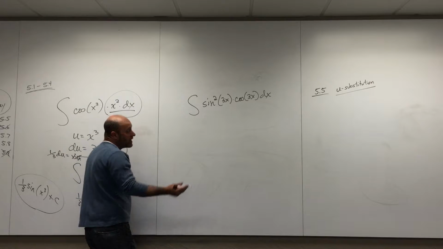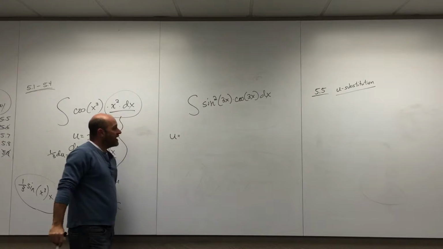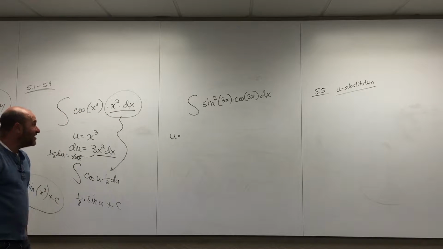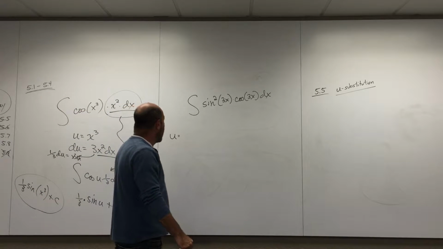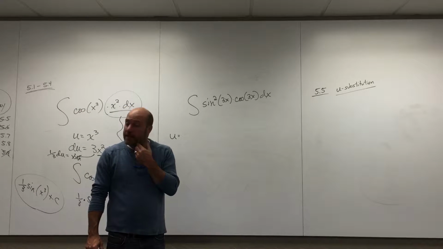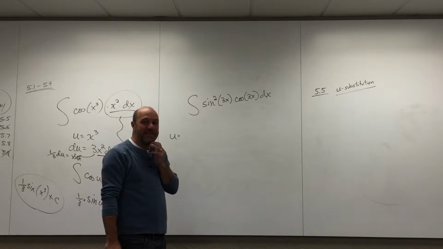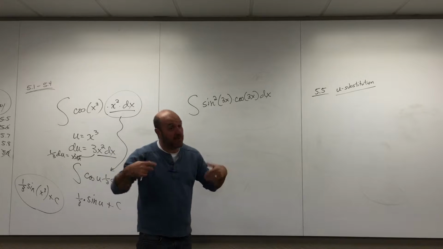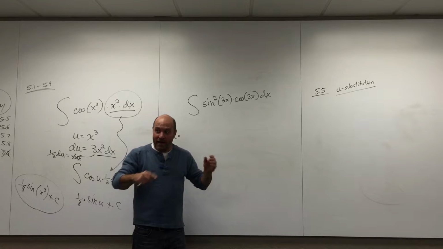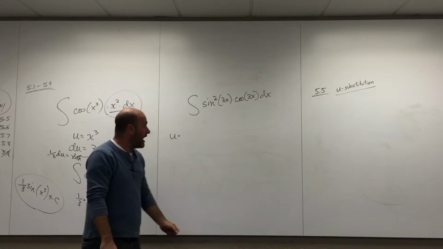So I think you need U-substitution, and if you want to help me, you could try to tell me what you think U ought to be. 3x. Okay, that's good. Now, you're kind of right, but you're kind of wrong. That goes with the theme of what I've taught you so far today. You fell right into my trap. The U should be the 3x, that's what it's been so far today. But